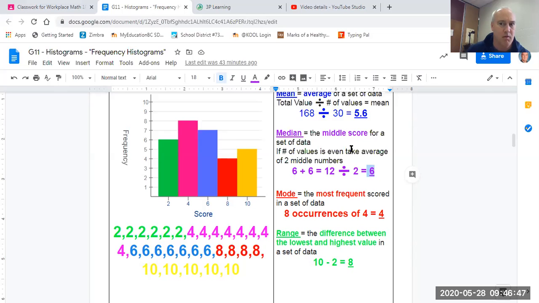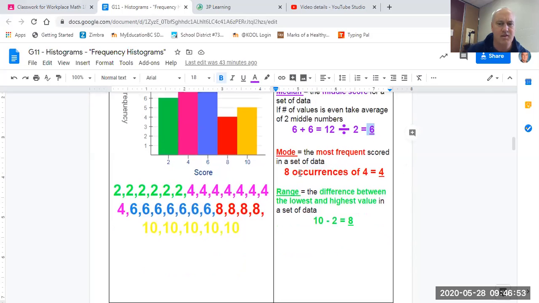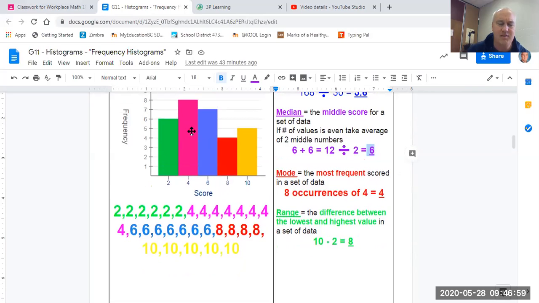That would be the middle point in that case. But obviously in this case, it is 6 and 6. Now the last central tendency thing that we look at is which one is the most frequently occurring. And this is really easy to see. The mode is really easy to pick out in a histogram because it's the one that's got the highest bar. In other words, the number that occurs the most frequently, because it's showing frequency, is going to be the highest